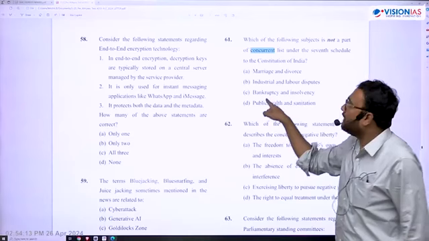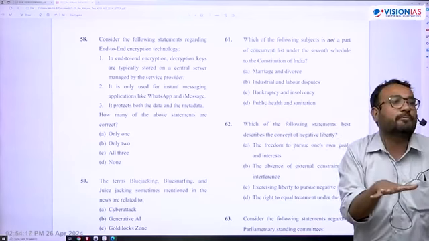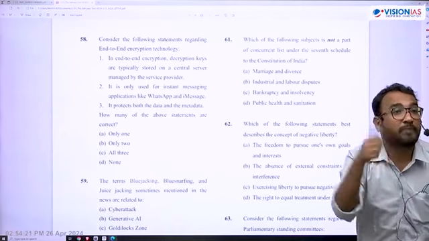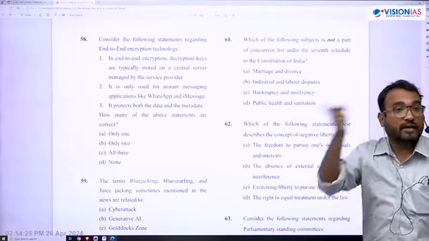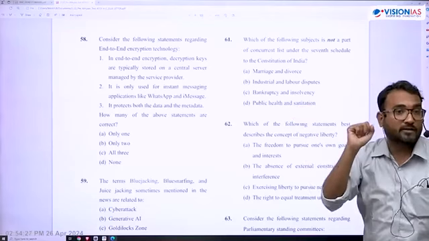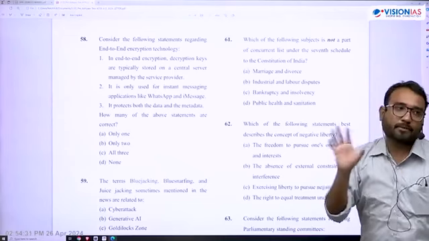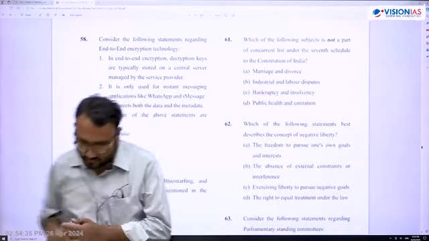In fact, there is a demand to shift this from the state list to the concurrent list so that the central government can effectively implement the provision. This is also related to the NEET bill that has been passed, NEET Act 2019, and the Legislative Assembly of Tamil Nadu trying to overcome it, which is pending with the President. In general, matters related to public health are placed by the Constitution of India under the state list, so we'll settle for 61D for Delhi, which is not in the concurrent list.